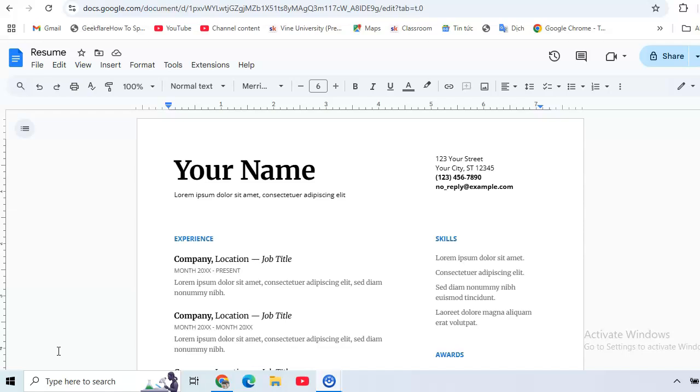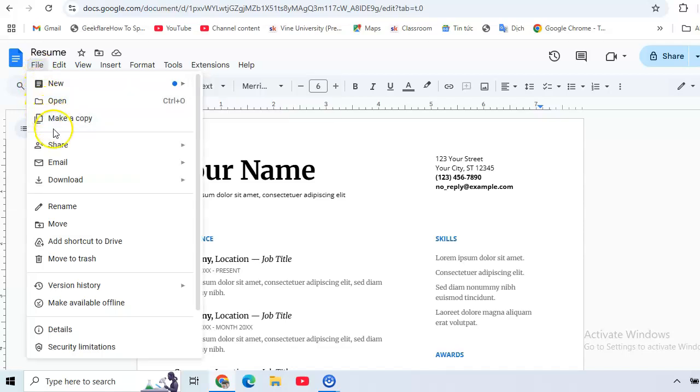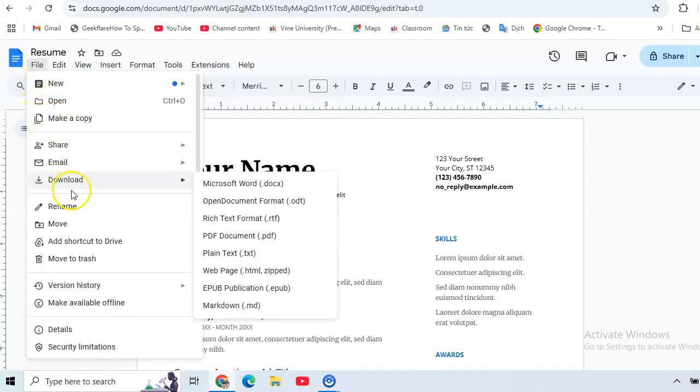Okay, how to convert Google Docs to PDF. Just open your Google Docs and after that click File and then download, then select PDF document,